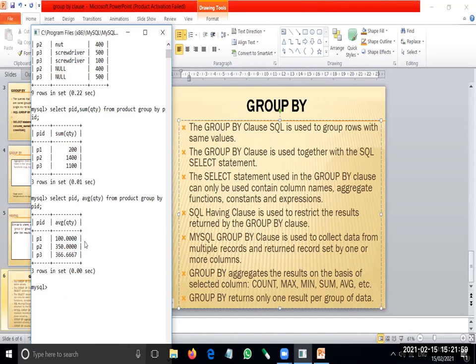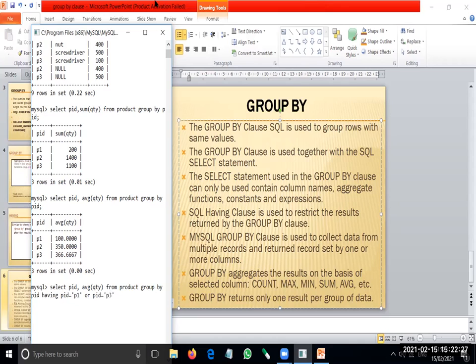Now we can summarize it. Another thing I have also explained is having. So the same thing we can perform like group by PID having PID equals to single quotes P1 or PID equals to single quotes P3.